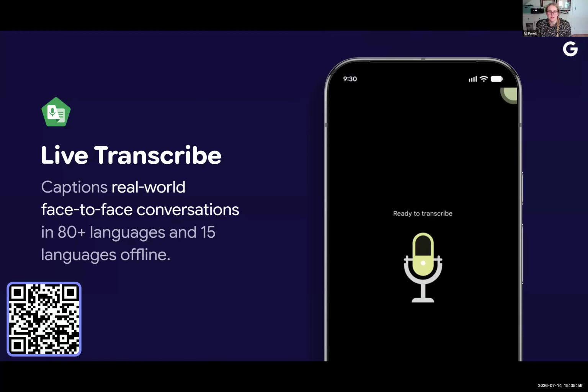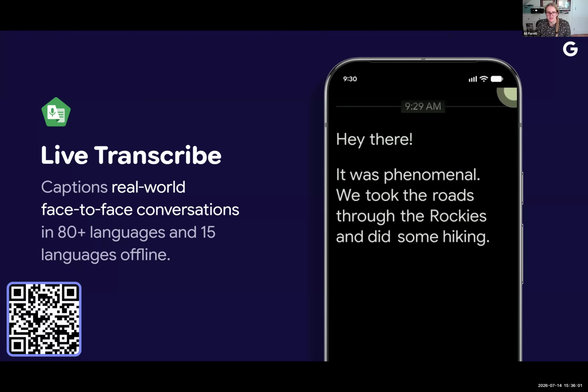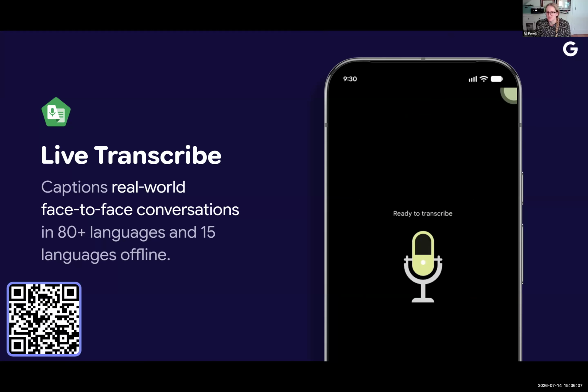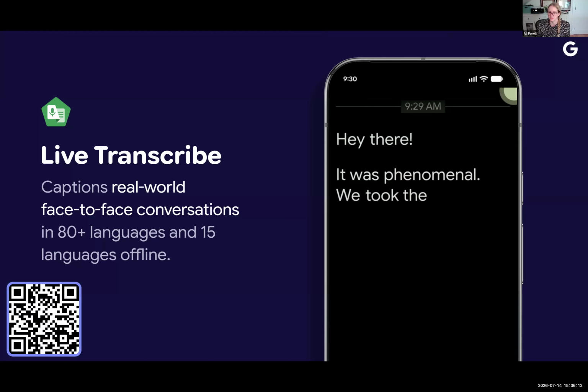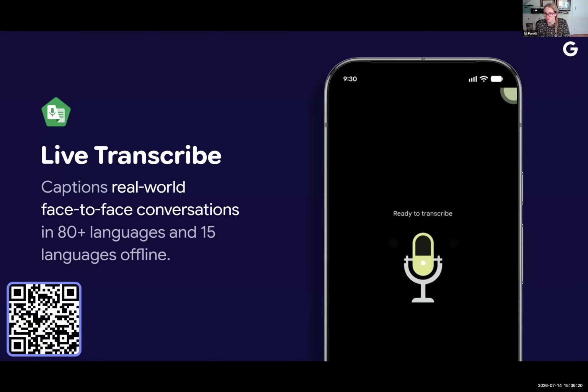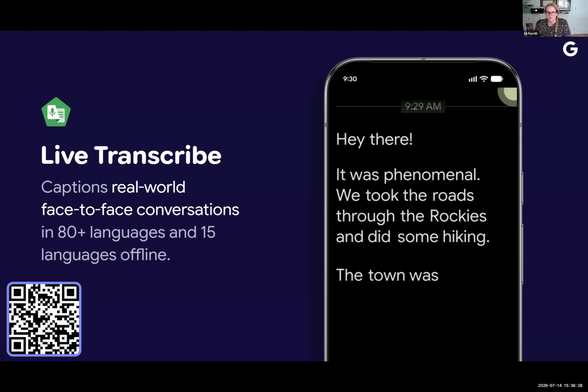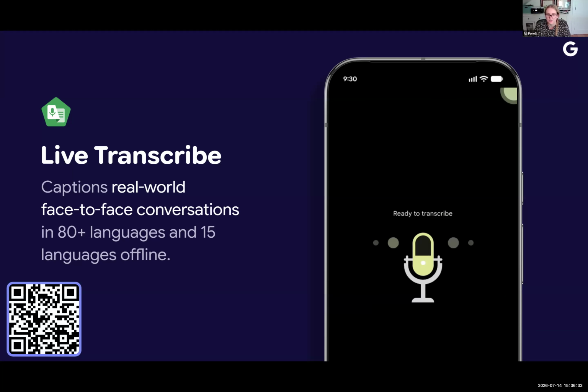Next, I'll go into Live Transcribe. While Live Caption is thinking about the audio on your device and giving you captions for that, Live Transcribe is for basically transcribing external audio. So if you think about it, you could talk to the phone yourself. You might sit down and have a conversation, and this is then taking audio from the surrounding environment, taking speech, and then transcribing it into written words in this app. This supports multiple different languages, both online and offline, and is really helpful for these first face-to-face conversations. And then if you go to the next slide,